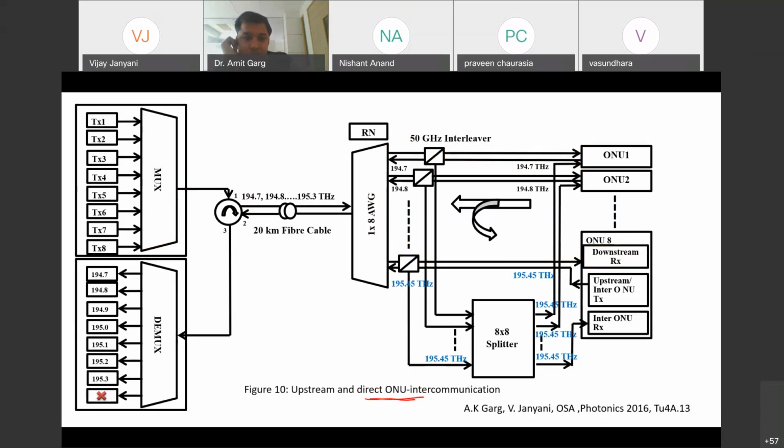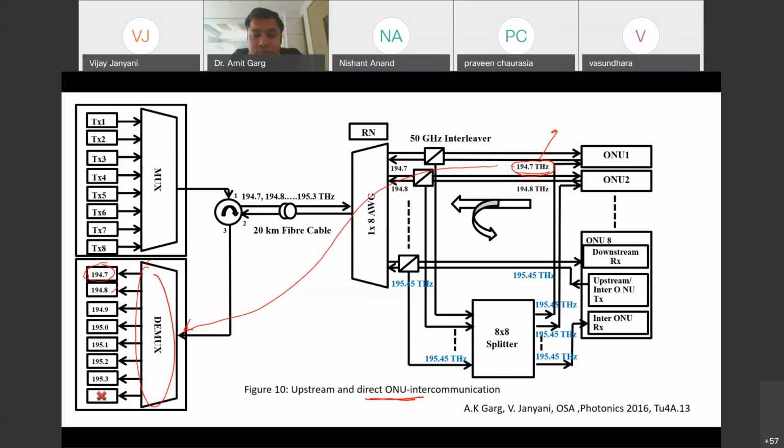Now what happens here in this case, you see that here there is a demultiplexer also, and it is having some wavelengths 194.7, 194.8, and so on. Now, what happens when, let us say, this ONU is transmitting at a wavelength of 194.7 terahertz? That is to communicate with the OLT, not for inter ONU.